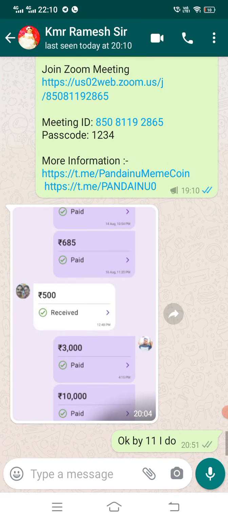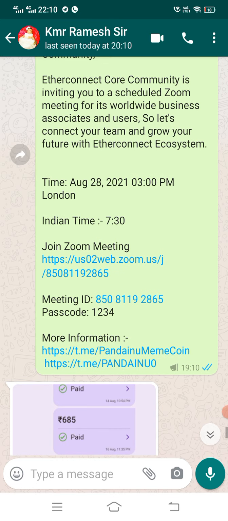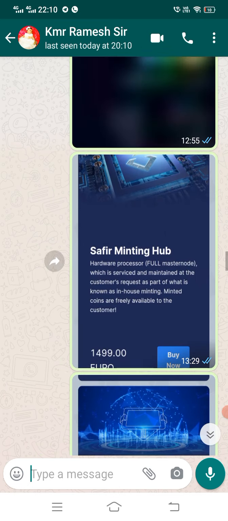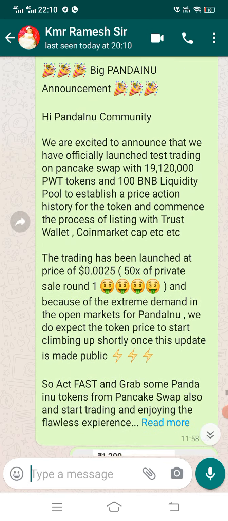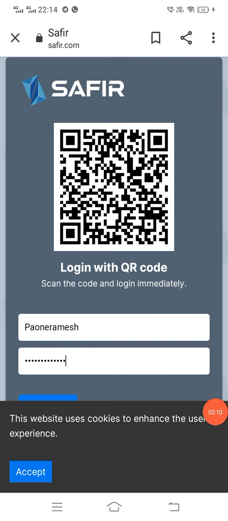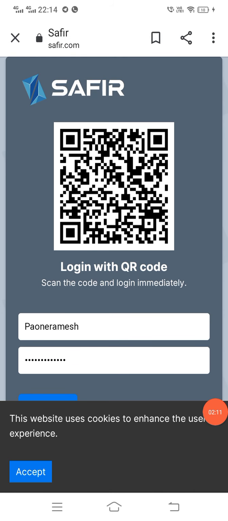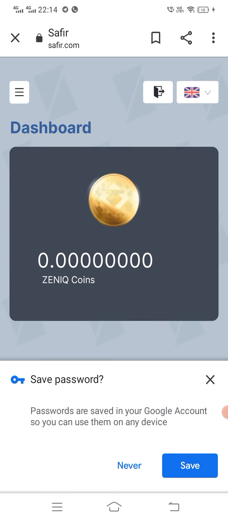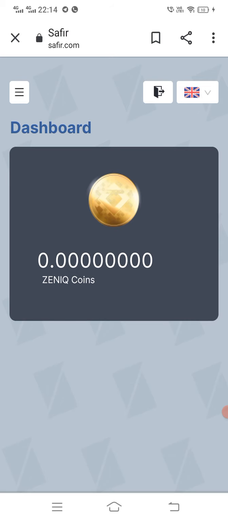My colleague, my friend Mr. Ramesh sir, a commerce faculty, has given me his username and password, so I'm entering that. This is the website safir.com. Remember this, don't go to any other website. I've entered the username and password, and I'm in his dashboard. You can see the dashboard is zero now.